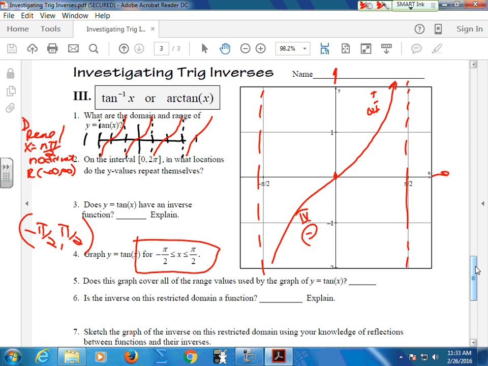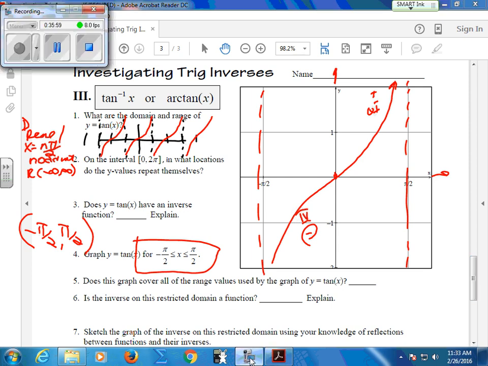Does this help a little bit? Walking through these? Again, it's going to go through where is my angle, where's my